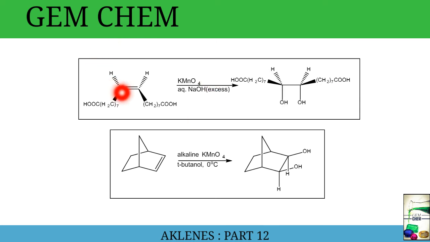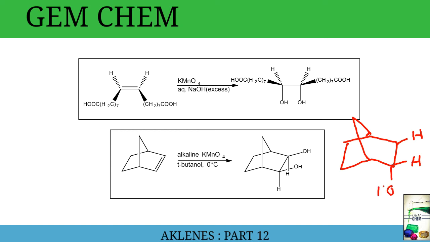Now if we see this one, consider this is an alkene. Now on adding KMnO4 and aqueous NaOH for hydrolysis, we get the following product. Similarly, if we look into this reaction, then we can get this product. Now for the second reaction, another product is also possible, which can be caused by the cis hydroxylation, that is this product.